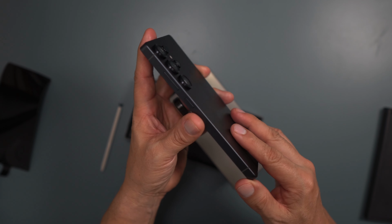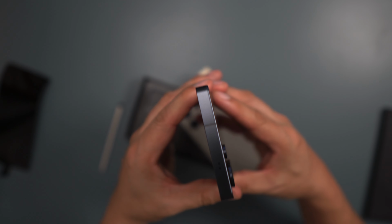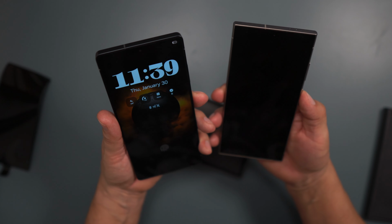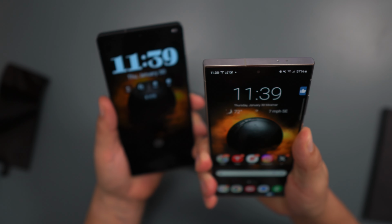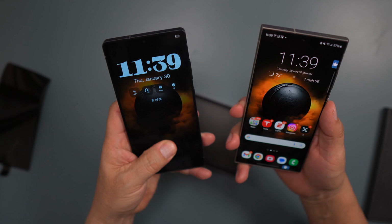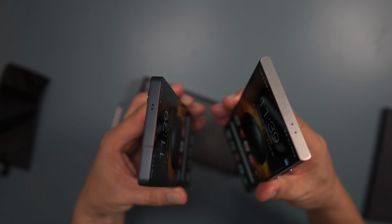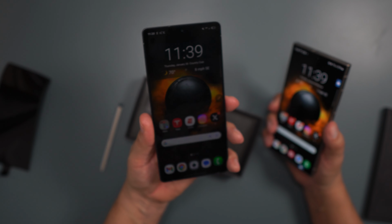Now, as far as the design, you still get the titanium sides on the rails here. I'm still trying to get used to using this new design, these rounded corners. It feels like a small device, feels smaller even though it has a 6.9-inch screen. I'm liking this one a little more, using it. I don't know if it's because I'm used to it and I'm not used to this one, but this one just feels more expensive. Feels like it's a $1,300 device, where this feels a little less money,